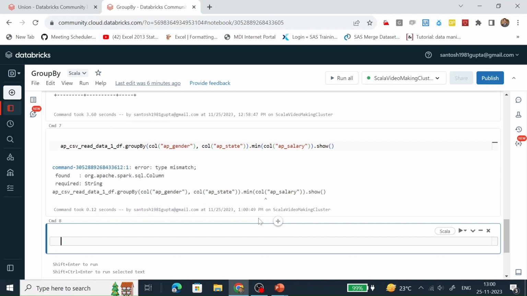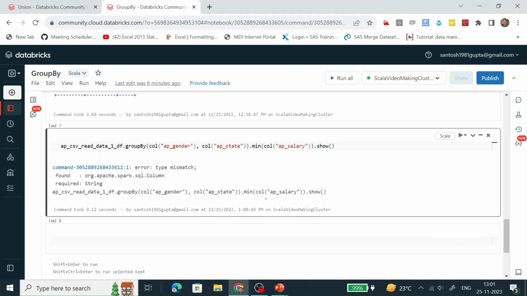Okay, what is the error? It is saying that the column requires a string.